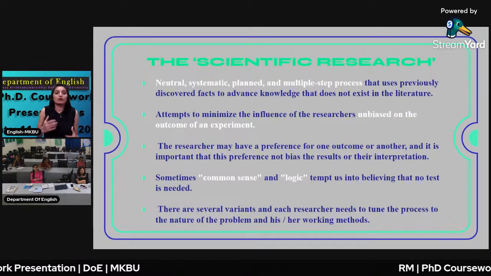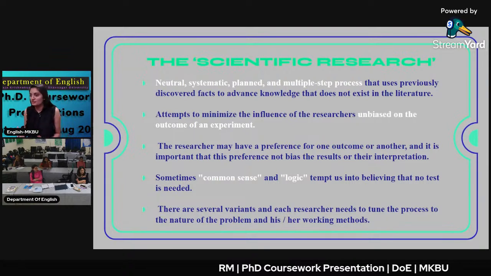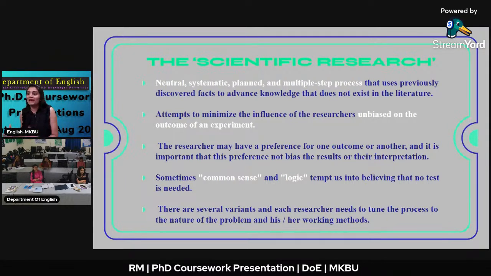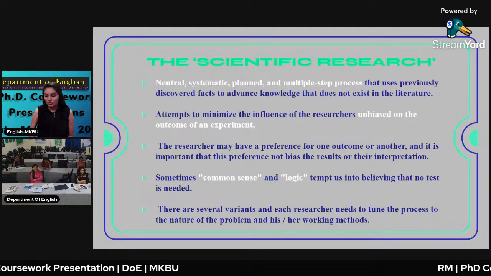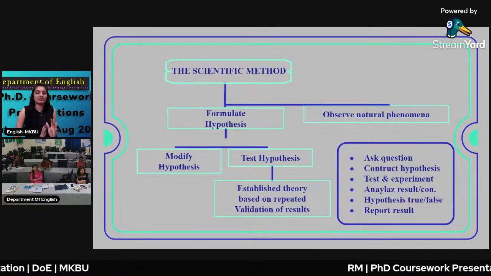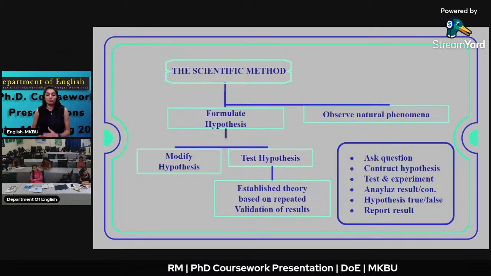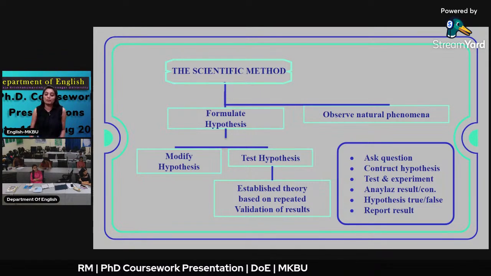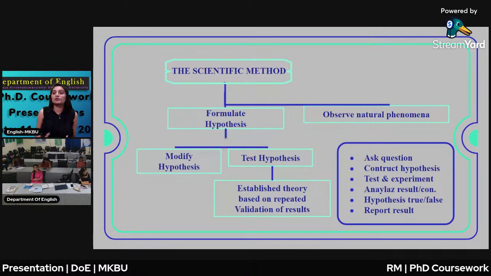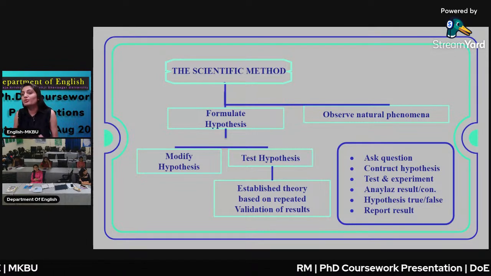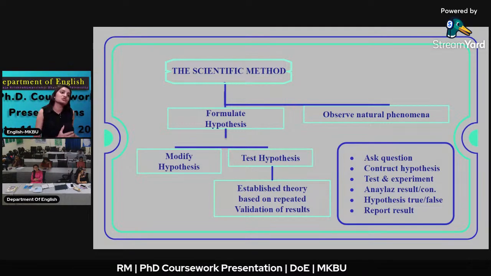We have to be logical. We have to use our common sense and our logic, so that it is like: this is my opinion, and I have to take these things in this direction. And there are several other methods. If we go with the scientific method, then first we have to formulate a hypothesis. I have prepared this chart as an example of a scientific method we all have to use, because right now it is the 21st century and we have to work with technology, and in this way scientific research will help us.